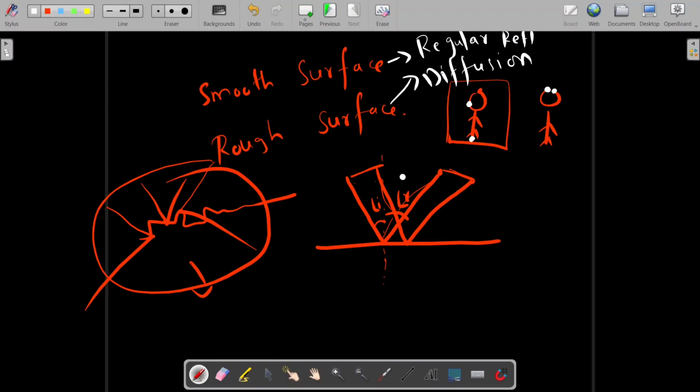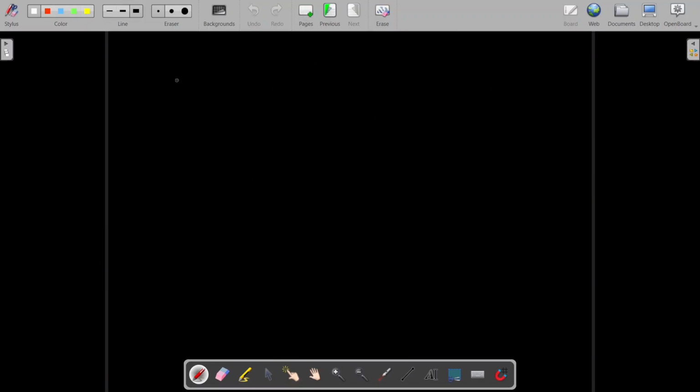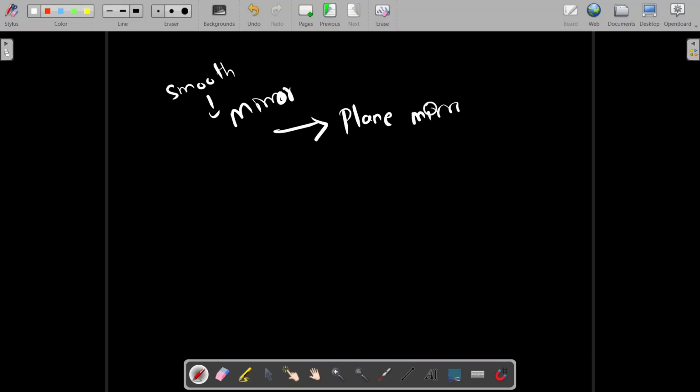Okay, next one. Now we are going to learn about a smooth surface called a mirror. In mirrors we have the usual mirror, that is the plane mirror, which you all see in your home. Okay, plane mirror. And the unusual mirrors you see in your daily life, but not plane mirrors, that is the spherical mirror. Okay, plane mirror